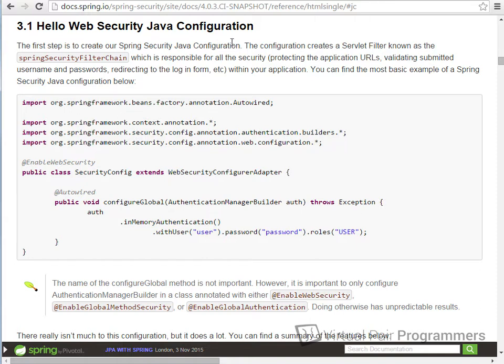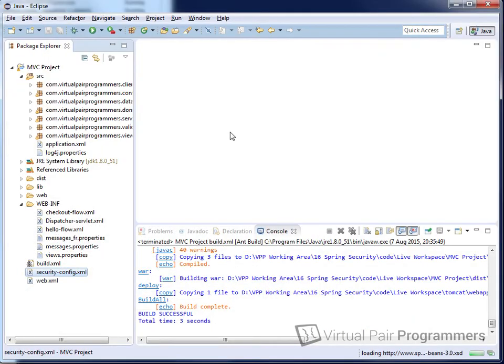But I hope you don't mind me using XML for this course. All of the concepts that we're going to cover transfer really easily across to Java configuration. So I hope you're not too angry about that. In the starting project that I've given you, I have given you a pre-written file called